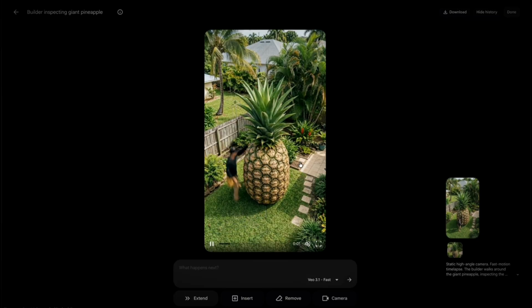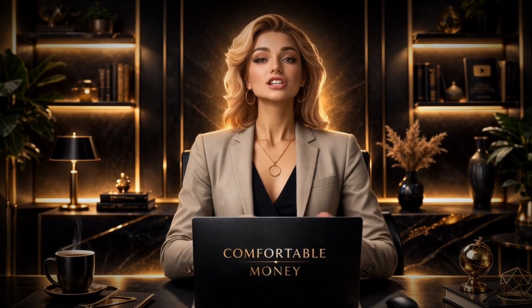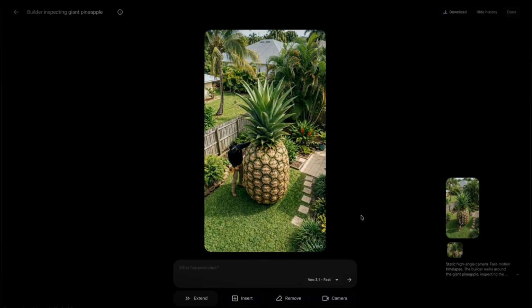When Scene 1 is ready, watch it at least 3 times before deciding anything. First watch, just take it in as a viewer. Second watch, look specifically at whether the pineapple looks physically real. Third watch, check the builder's movements. Do the hands grip the fruit naturally? Does the body movement look like a real